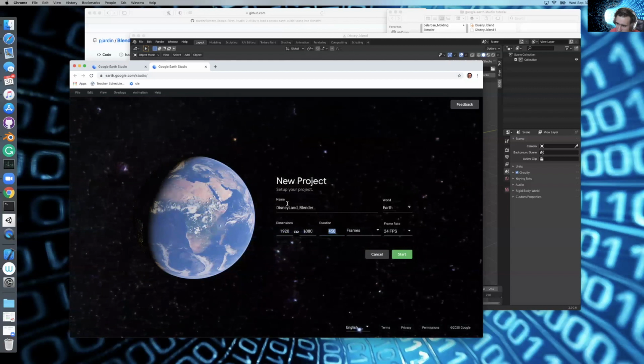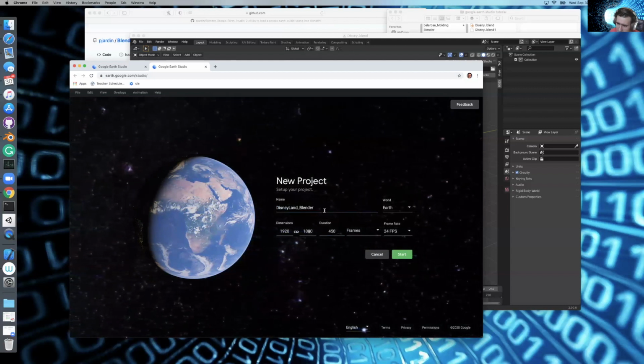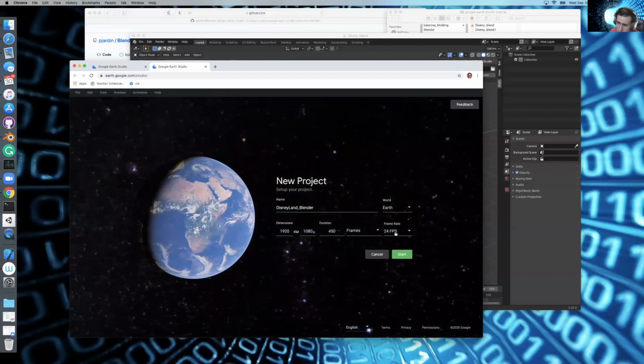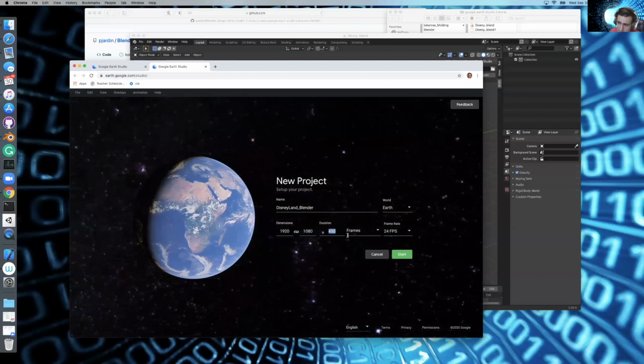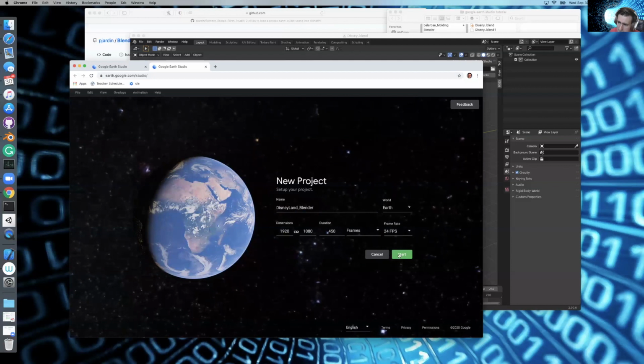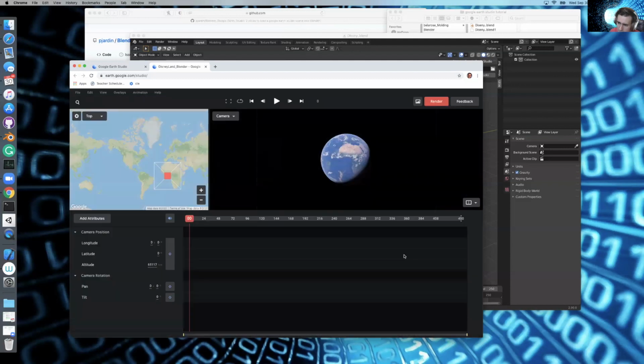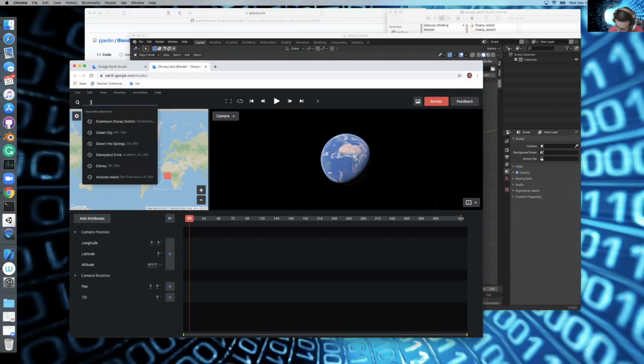Okay, so Disneyland Blender, no spaces. Frame rate, 24 frames per second. And duration, you have to calculate that out. And we're going to hit start. Okay, so it has started. Now, what we're going to do is I'm going to search in